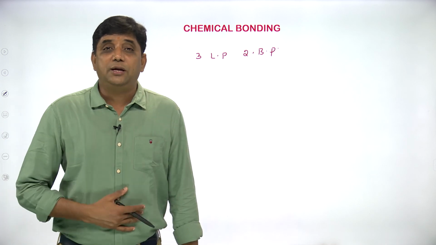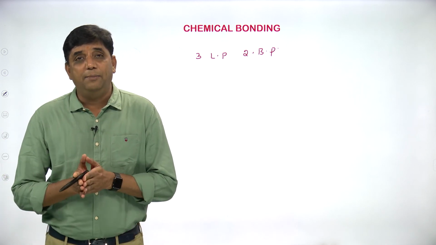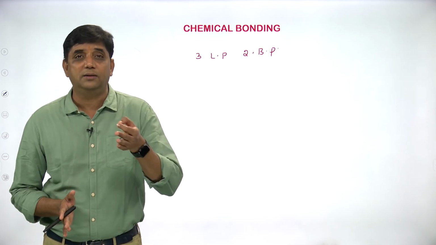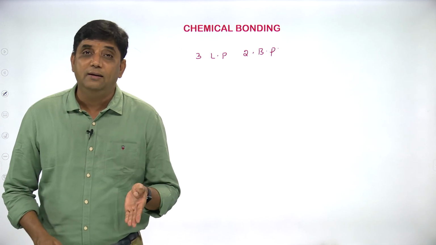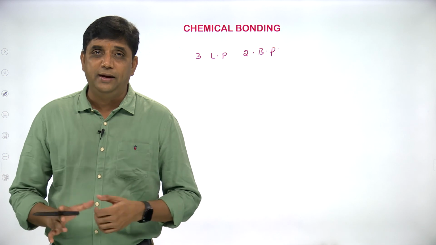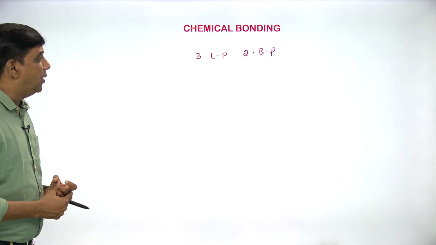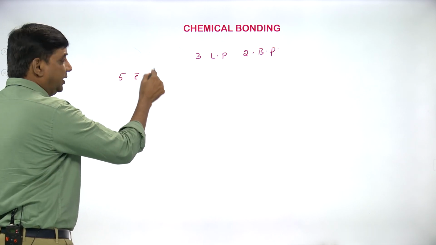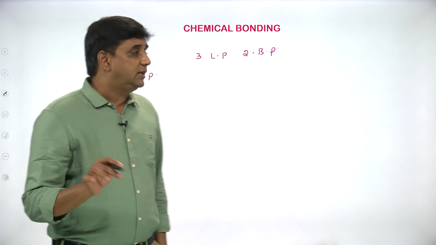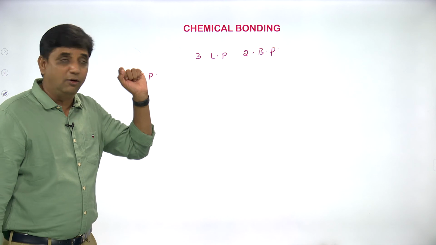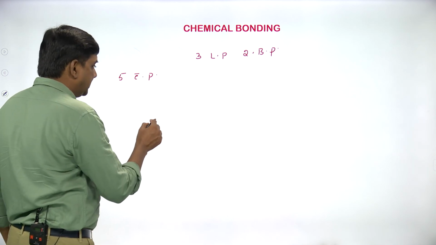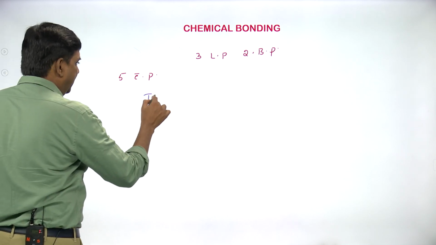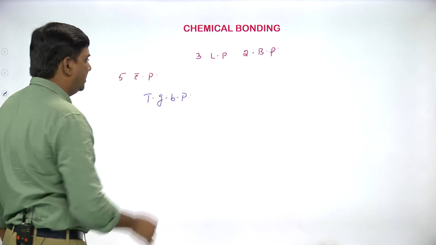See, hybridization is not like overlapping. In hybridization, half-filled orbitals can participate, completely filled orbitals can participate, and empty orbitals also can participate. 3 lone pairs and 2 bond pairs means the total number of electron pairs is 5. We have done the table, students. In the table it is clearly known: when there are 5 electron pairs, what is the shape expected? Trigonal bipyramid is the shape expected.